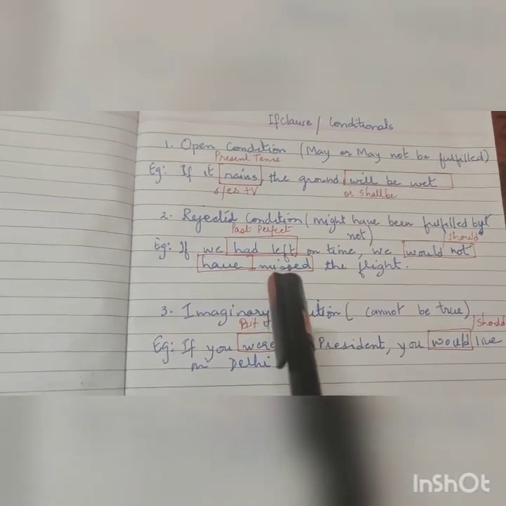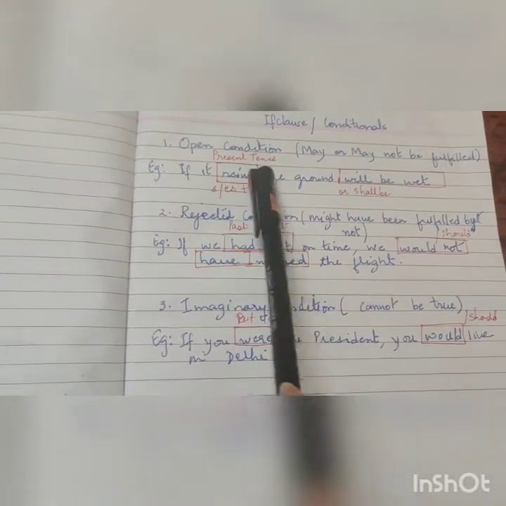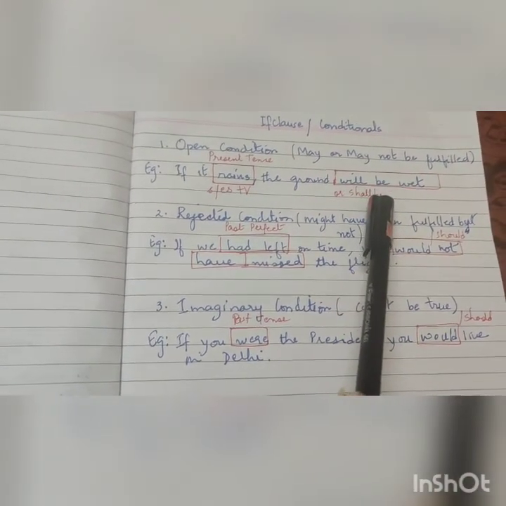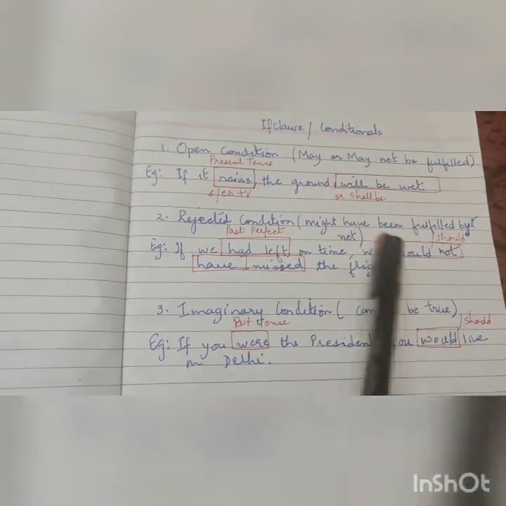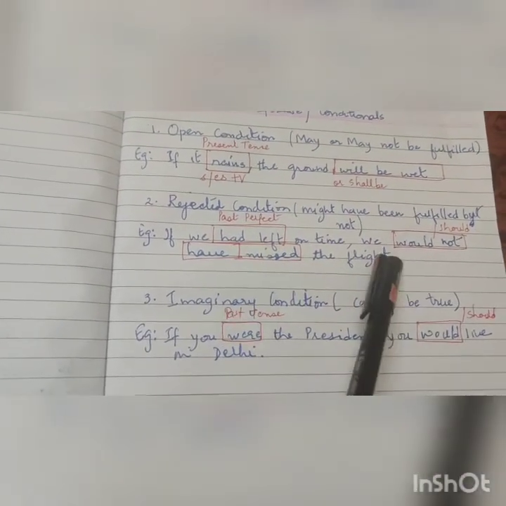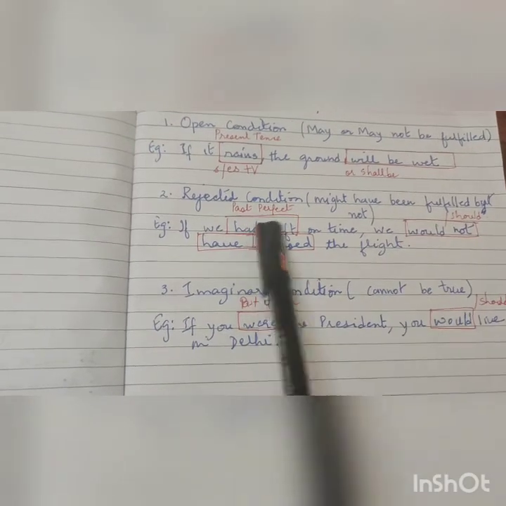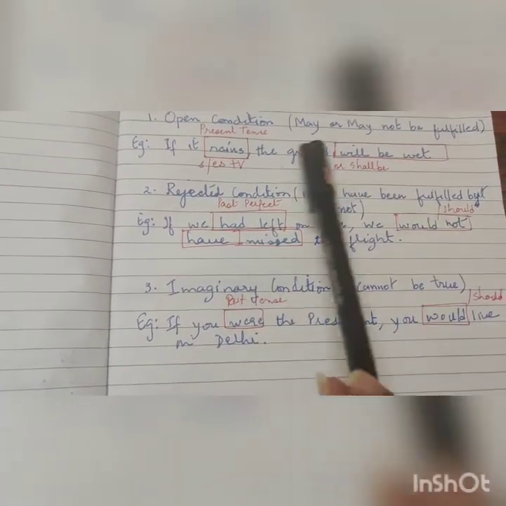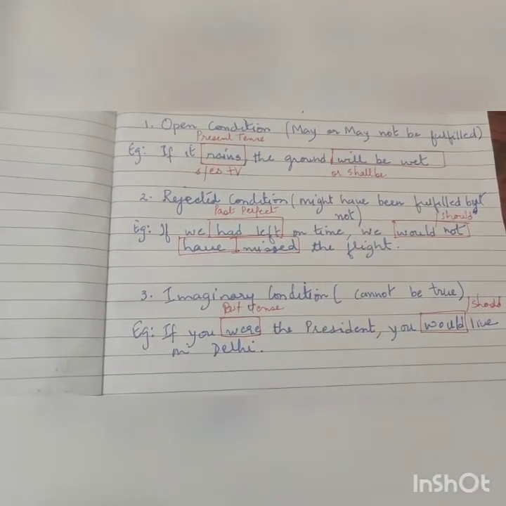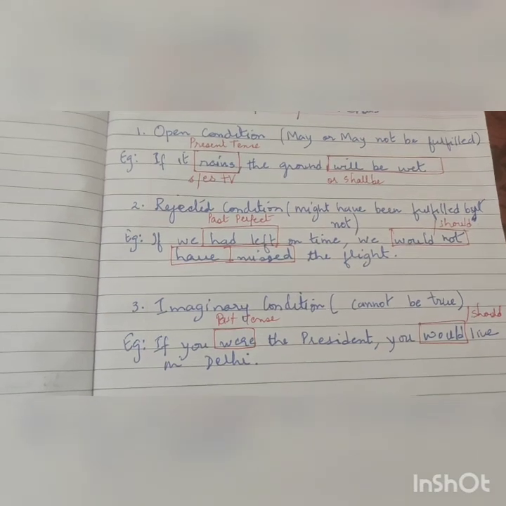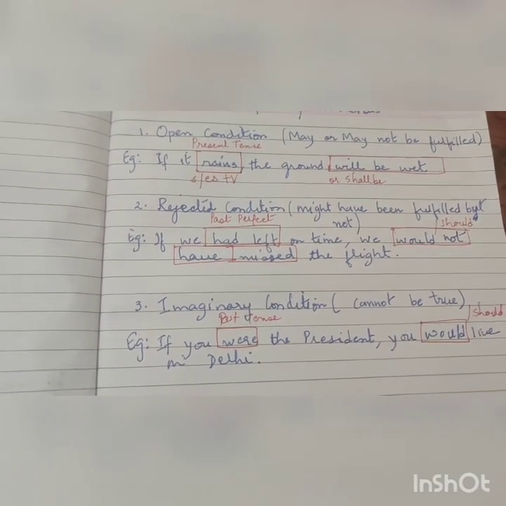In your exam, this can be given the first part of the sentence, the main clause, and you have to fill the blank, or a blank will be given here in the dependent clause, and you have to fill that. So anyways, the blank can be given anywhere in a sentence. So if this is clear to you, you'll be able to solve your exercises. So I hope you have understood if clauses,